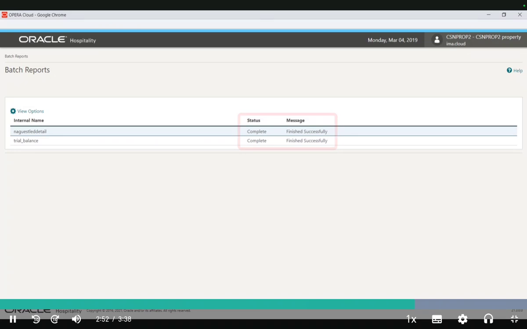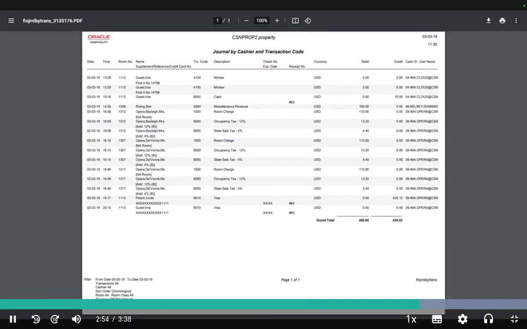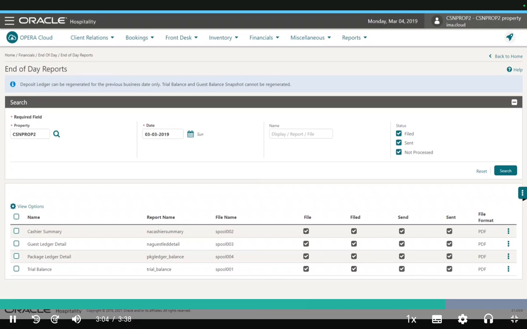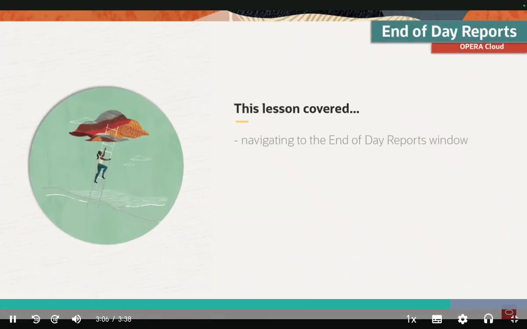When you select Preview as a delivery method, the reports appear in a separate window. From this window, you are able to print or download the report to your computer. We will now close the browser and return to the End of Day Reports window. This lesson covered navigating to the End of Day Reports window, searching for End of Day reports,